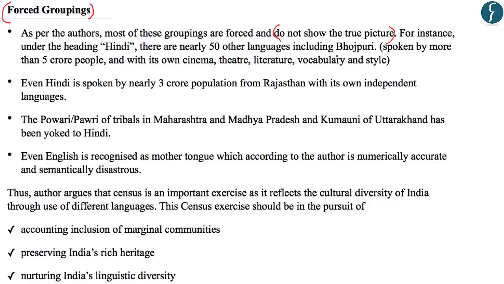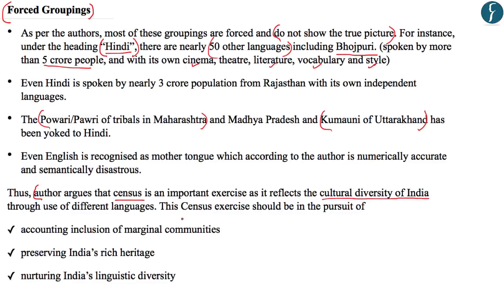Various languages such as Bhojpuri, which is spoken by more than 5 crore people and has its own form of literature, vocabulary, style, and popular media, have been grouped as being part of Hindi. And the author gives further examples of the Kumaoni language of Uttarakhand, the Pawari language of tribals in Maharashtra, and similarly 50 other languages that are spoken around India as a mother tongue but have been classified under Hindi. And the author has argued that the census is an important exercise as it reflects the cultural diversity of